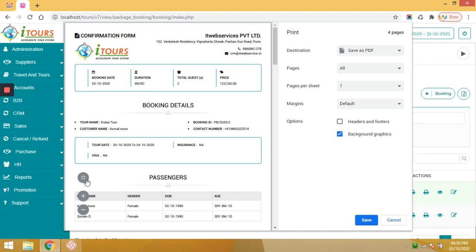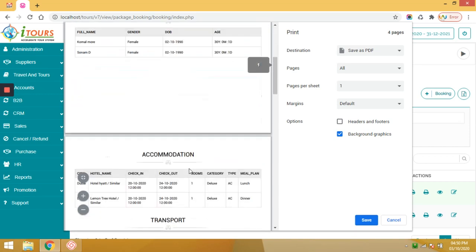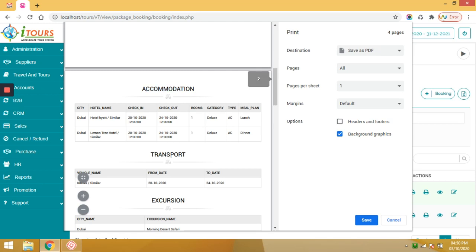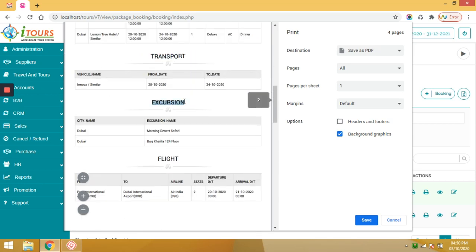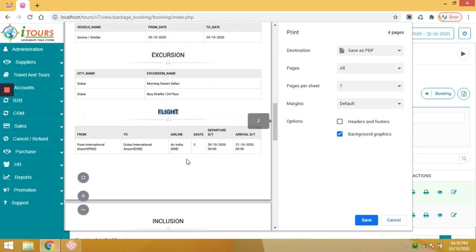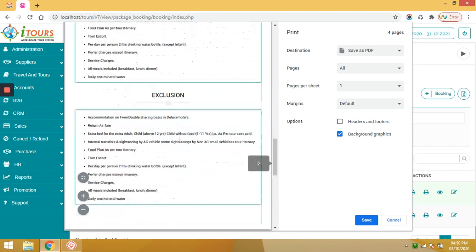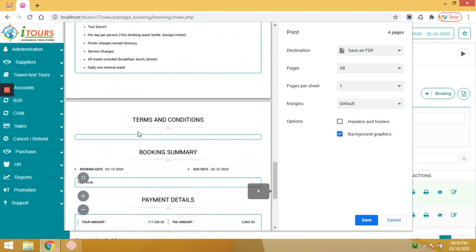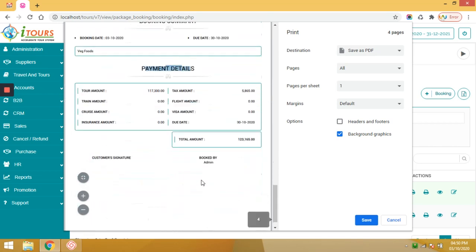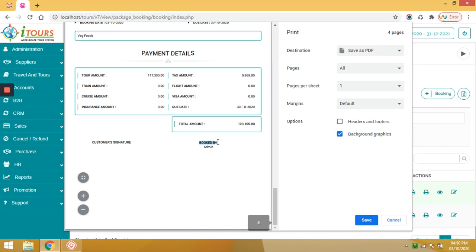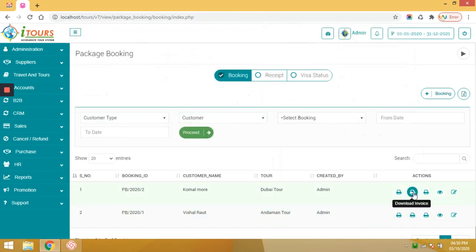Next is the invoice. The tax invoice is auto generated in the system. Once you receive the full payment, you can share it with the customer for banking or taxation purposes. In this invoice, your logo will be shown, company details, customer details, invoice details, service details, net payment, paid payment and outstanding payment details. These terms and conditions will reflect from the master tables. Also we are showing the receipt details in this section. Save and share with the customer.